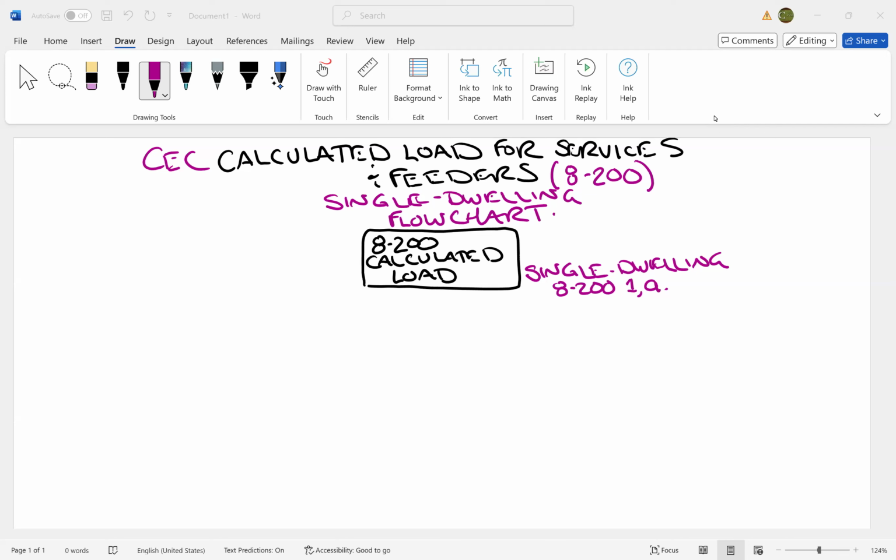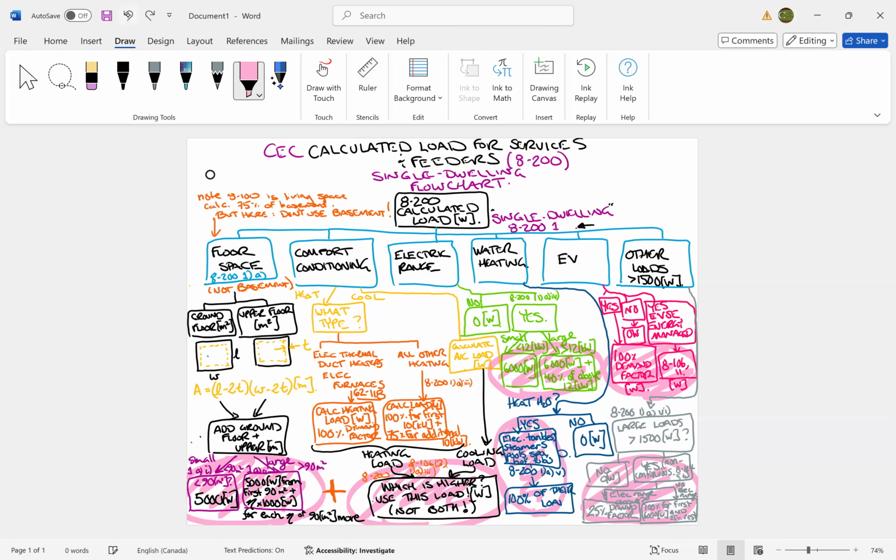And once we add those things together, in watts, we figure out the amount of load that we have to provide to this single dwelling in order to meet its needs. So there you have it, a beautiful one-page view of what it means in Section 8, Rule 200, calculated load